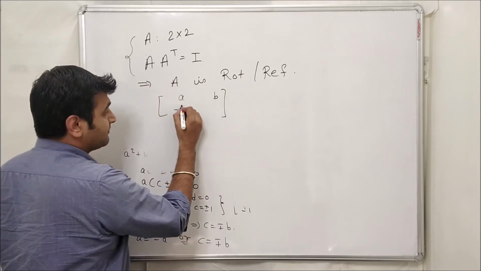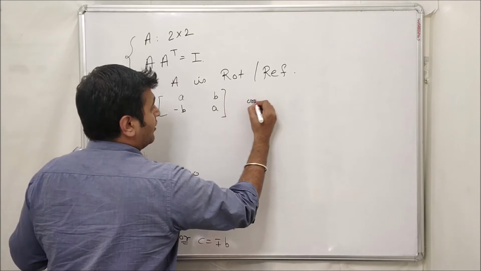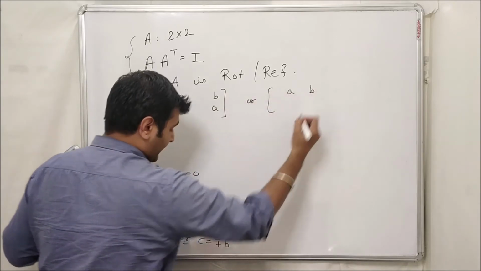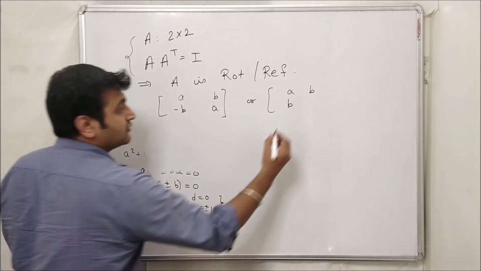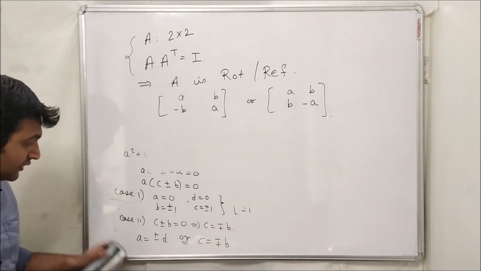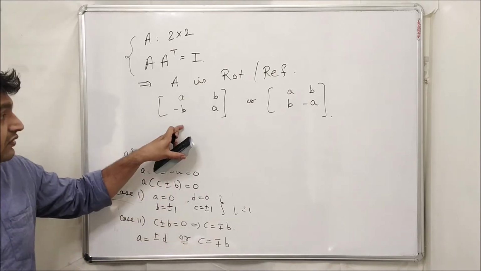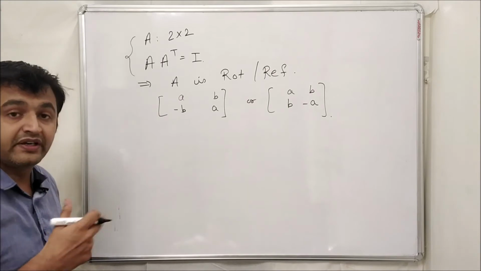So when this is minus B, my D was A, or you have A, B, and when C is equal to B, this is your minus D. So this is equal to minus A. D is minus A. So these are the two matrices you have. Now many times we will see trigonometry in terms of picture.